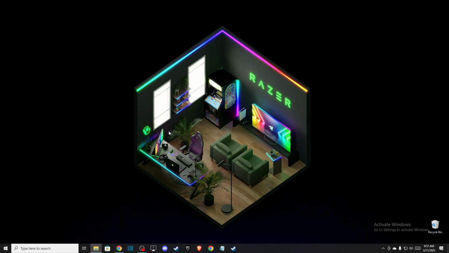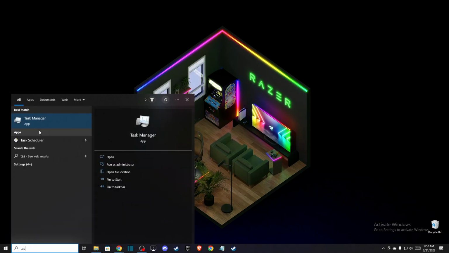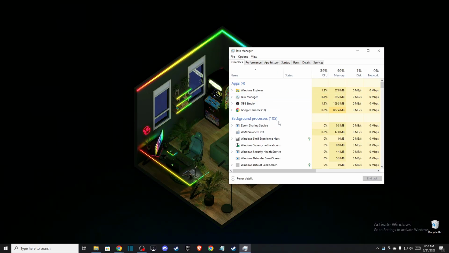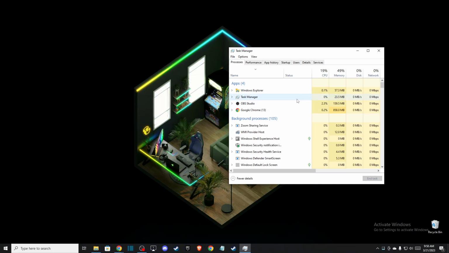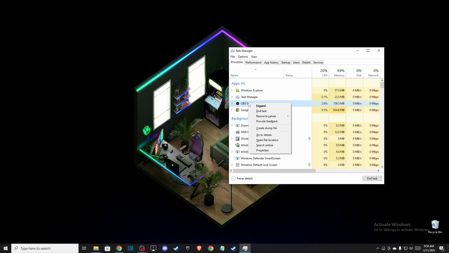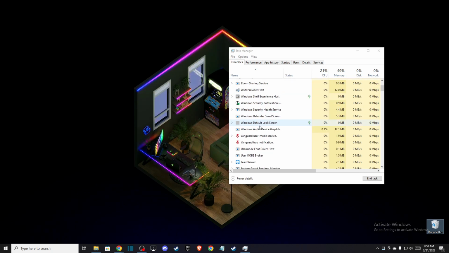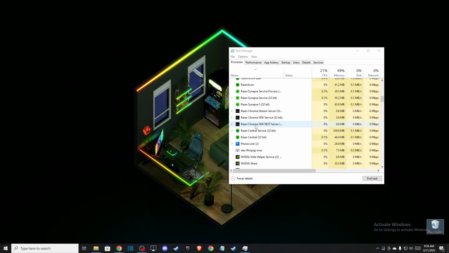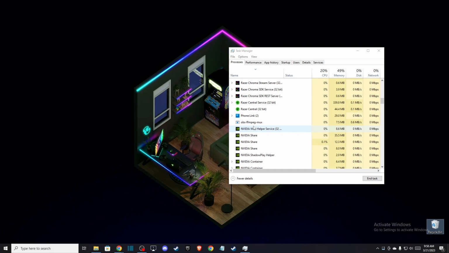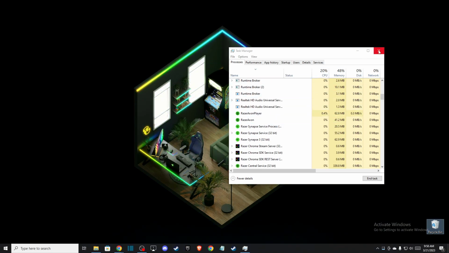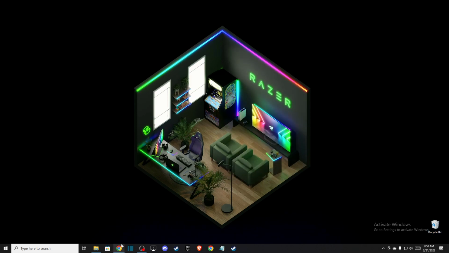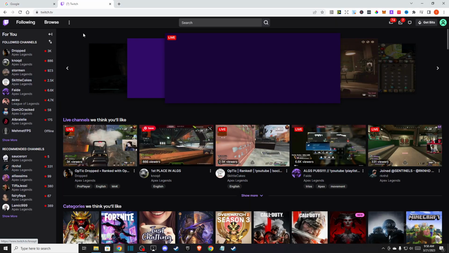So the first thing you need to do here is open up Task Manager and end every task related to streaming, for example OBS or Discord. Sometimes these two basically cause the problem. So if you're running OBS, just end the task, or if you're running Discord, end the task as well, and try Twitch to see if it's working for you or not. So this is the first solution, and if the problem persists, then go to your Google Chrome, and then you